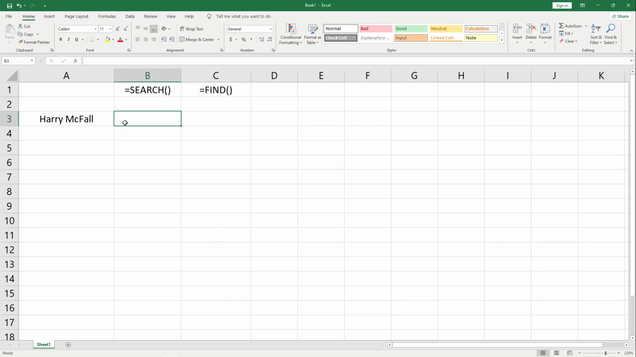Today I want to go over how to use and the main difference between the search and find function in Microsoft Excel. So what both of these functions are doing is we basically say we are looking for a certain text within a cell, and it'll return the numbered position of where it first starts to detect the text that we're looking for in